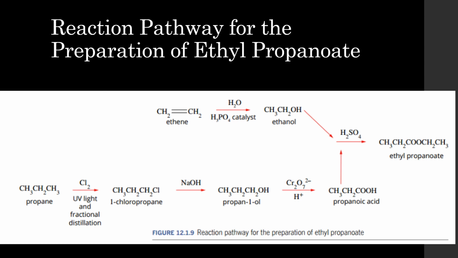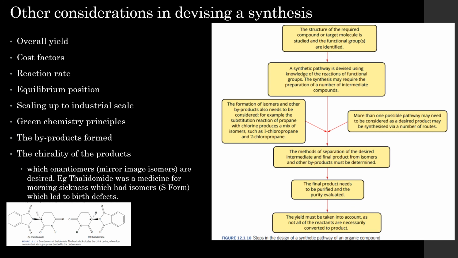Now you just mix that alcohol, the ethanol, with the propanoic acid in sulfuric acid to form the ester ethyl propanoate. Now look, there's going to be a bunch of considerations when you also have to devise a synthesis in industry. You're going to have to, of course, think about the overall yield. So think, well, convergent and less steps is going to give you